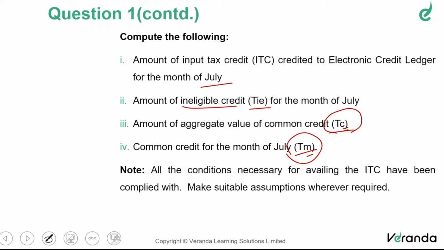If TR is there, we need to calculate the TR. If any assets during the current period have exceeded the residual life or useful life of 60 months, that credit has to be excluded. But there's nothing given in the question. So if that is the case, we'll have to find out TR and then we'll have to find out TM, as whatever residual credit is there, divided by 60. But here nothing regarding TR is given. Therefore, directly we can say TC by 60 we can do and get the credit for 1 month.